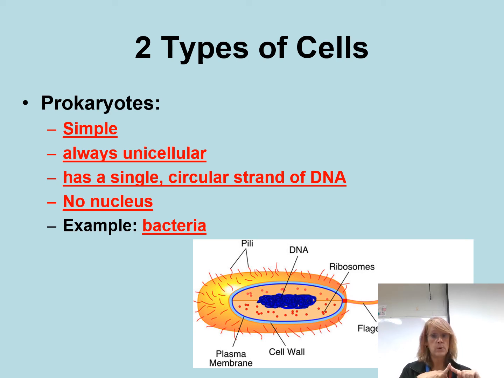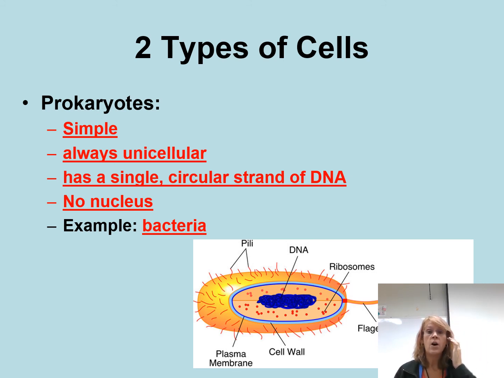Ribosomes are always drawn as polka dots. And ribosomes make proteins for the cell. And proteins are incredibly important. You are you because of the proteins you make. Every cell works the way that it works because of the proteins that it makes. So your brain cells work the way that they work because they have this kind of protein in it. And your stomach cells work differently because they have a different kind of protein in it. Proteins are what make all of your cells different. So bacteria are bacteria because they make certain proteins. And so ribosomes are what make their proteins.